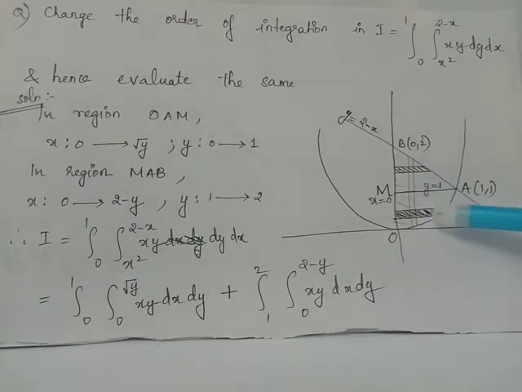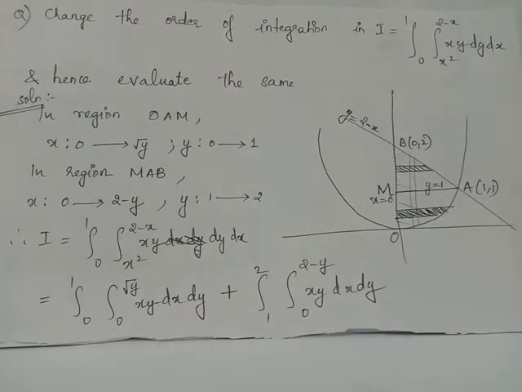Now when you consider this region which lies beneath y equals 1, the horizontal strip will convey as the limit of variation of x, which ranges from x equals 0 to x equals root y. From the equation of the parabola y equals x square, we will obtain the upper limit which is applicable for this horizontal strip, which is x equals root y.